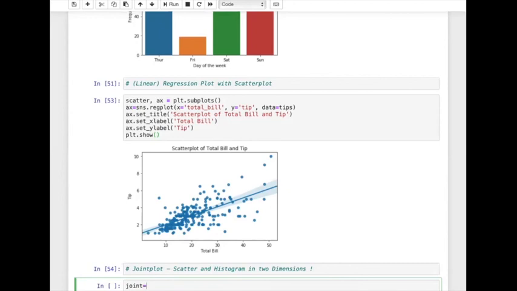So we define joint as an SNS plot, which is called joint plot. And X is the total bill. And the way to learn this is by typing, okay? So you need to type yourself. Do not copy paste the